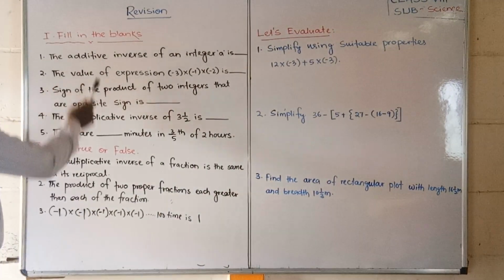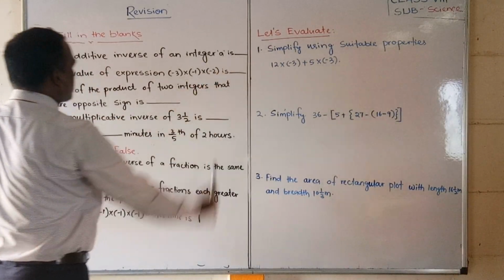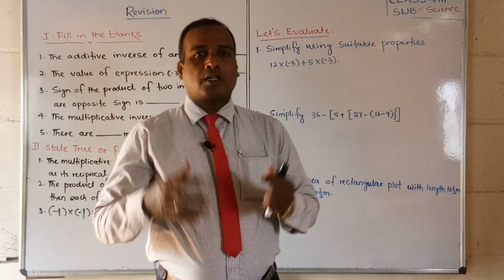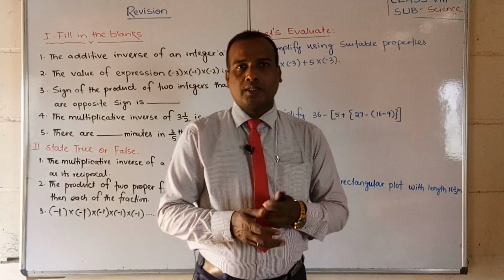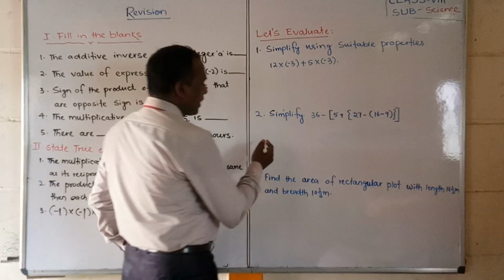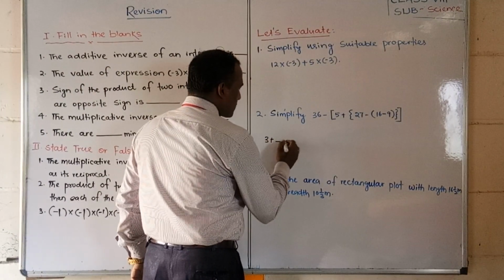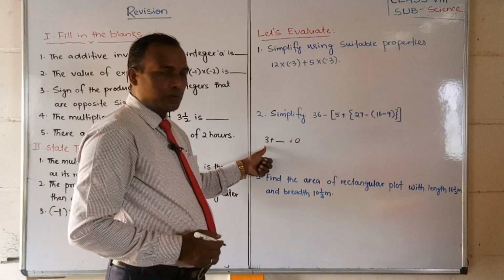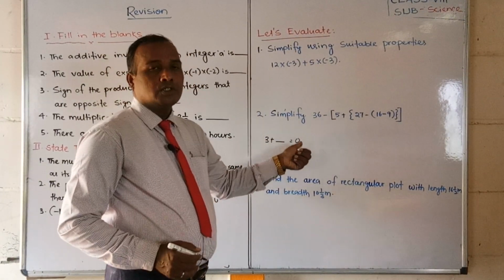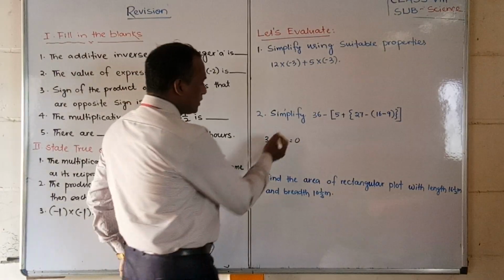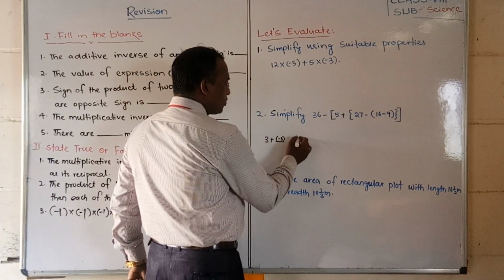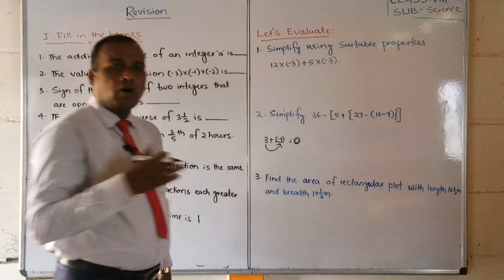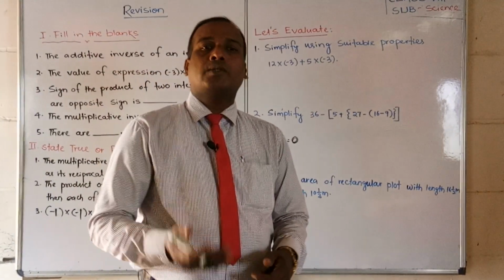First question: the additive inverse of an integer a is dash. So students, what is the additive inverse? The additive identity is equal to 0. Whenever we have two things and they are added, suppose 3 plus dash is equal to 0. That means when one integer is given, what we add to it makes it 0. If you take the opposite sign, minus 3, then it will become 0. So 3 is called the additive inverse of minus 3,